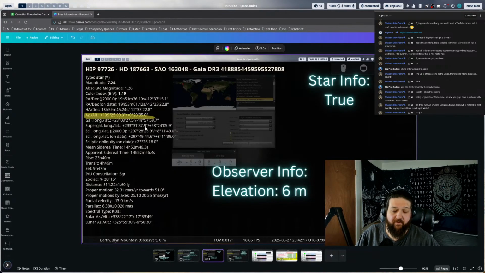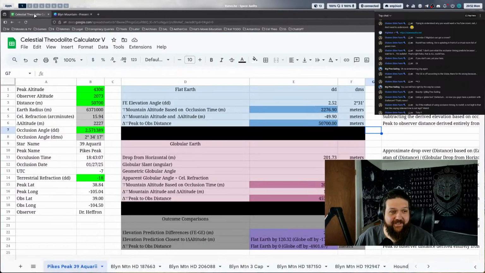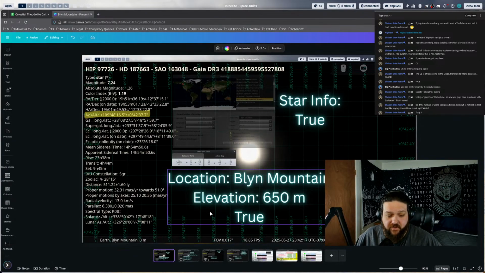And then remember, we said, Jesse, you're using a simulator to cherry pick. He said, I'm not cherry picking. My dude just said his entire purpose was to cherry pick it to destroy the celestial theodolite. And even in doing that, he happened to say that in passing, and even in doing that, the globe's still wrong, guys. He used our methodology to validate it, no matter what he says.